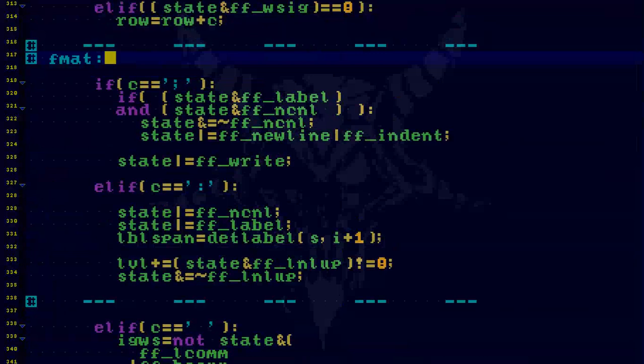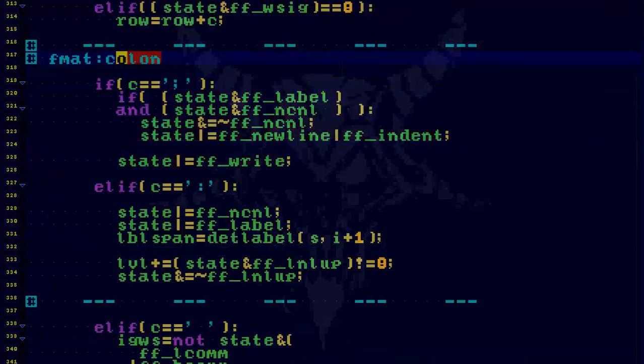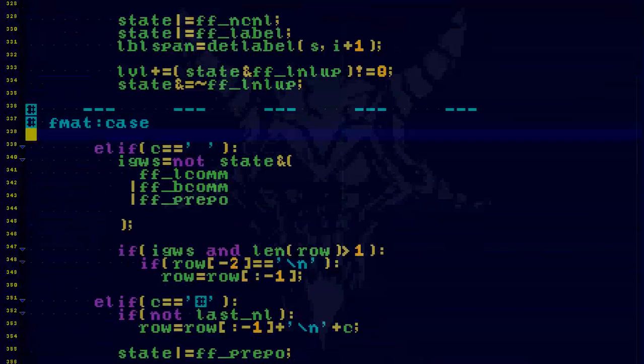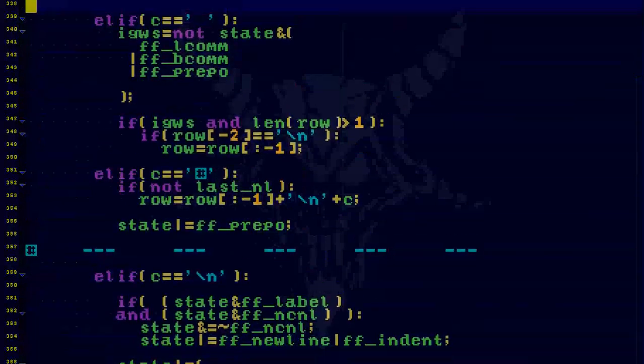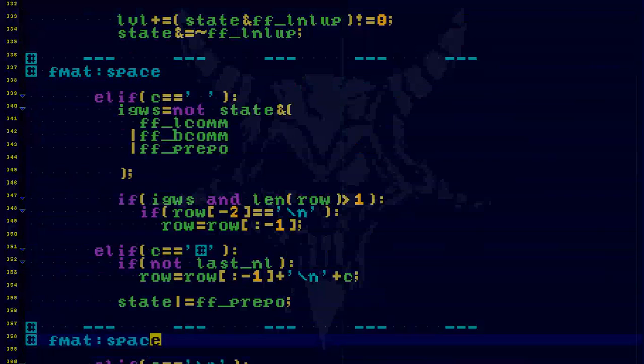And I'm going to name this one colon, why not? Or I could do a case, right? Yeah, I'm going to remember that it's case, because here is where we handle labels and things like that. But I don't want to put in two of these, because that's one block. It's one block, that's good enough. And this would be, let's say, space new line,